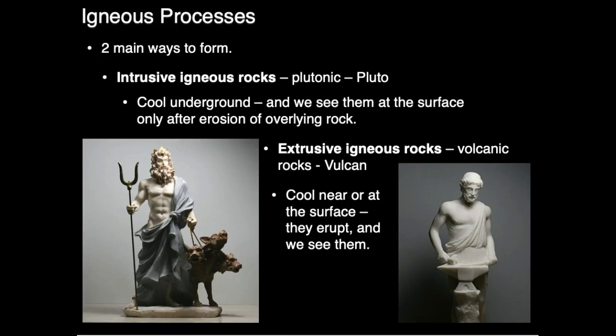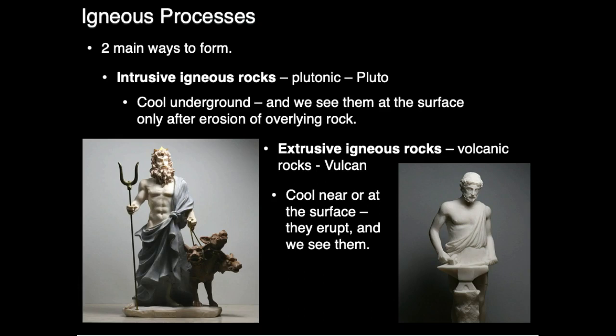Igneous rocks form in two basic settings, as we have already covered. Molten rock or magma may crystallize within Earth's crust over a range of depths, or it may solidify at the Earth's surface as lava cools. The first kind, intrusive rocks, otherwise called plutonic rocks, are named after Pluto, as I said before, which is a god of the underworld in Roman mythology. We see intrusive rocks exposed at the surface only after they have crystallized, been uplifted, and when the overlying rock